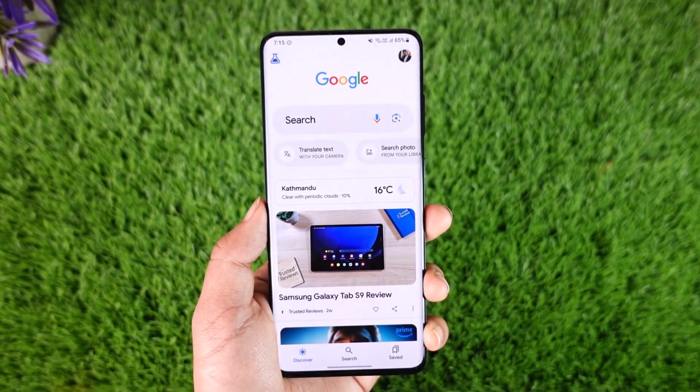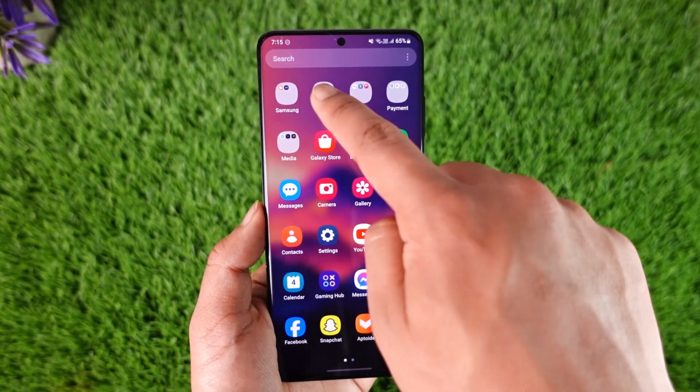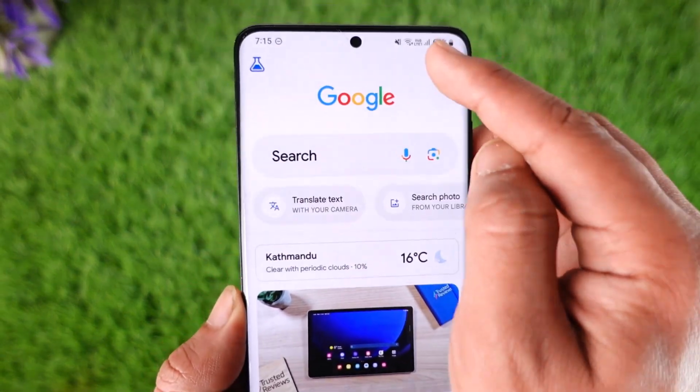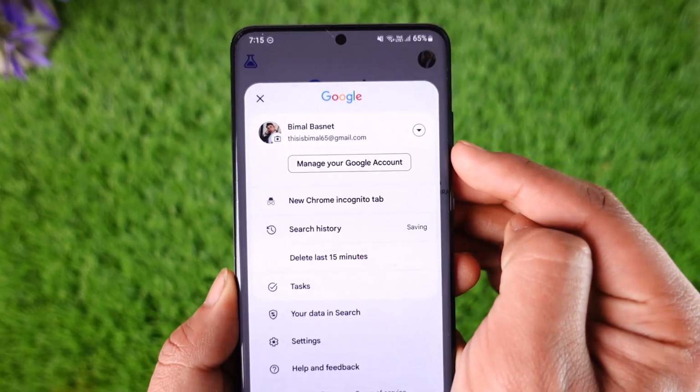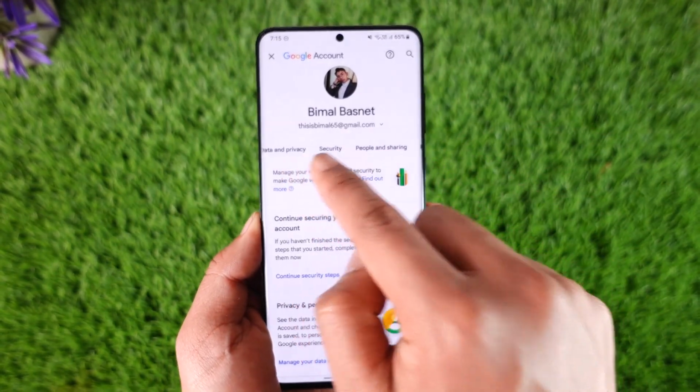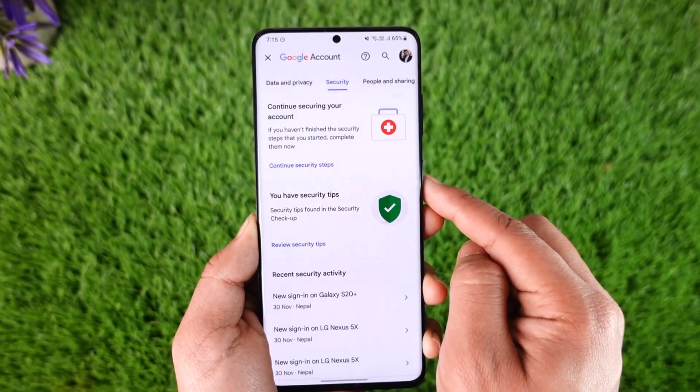All you have to do is open the Google application here. So go ahead and launch the Google app. Then tap on your Google profile photo from the top right and then go to the option called Manage Your Google Account. Once you go to manage your Google account, from this tab you want to simply navigate to security,